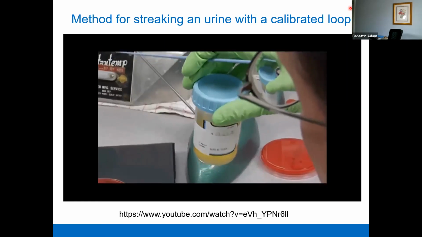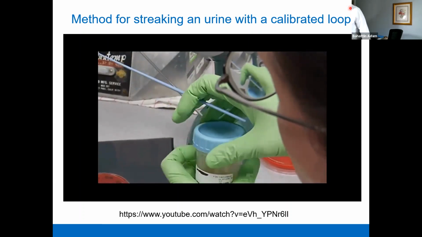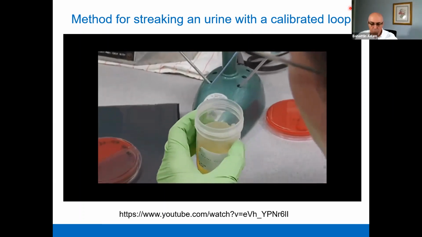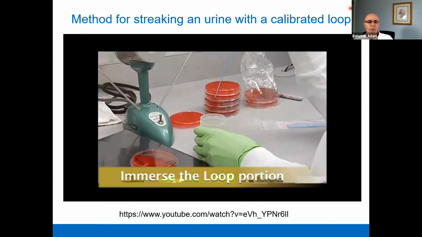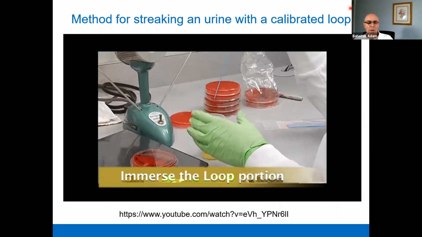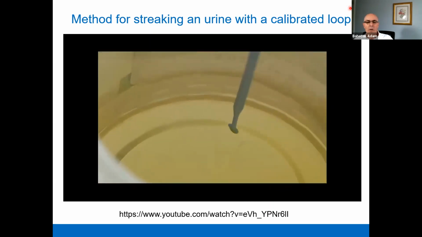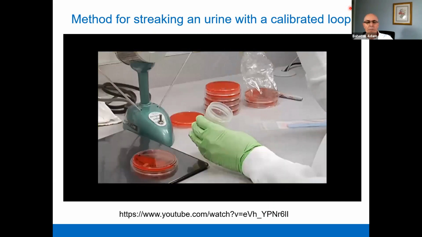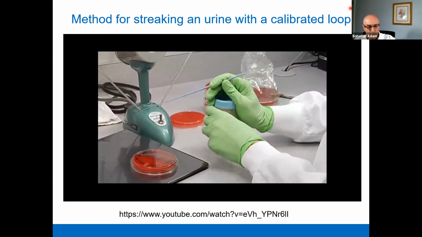And then mix your specimen well. Take the lid off, and then you just want to immerse the loop in the urine. You don't want to dip it all the way up here, because then urine will run down and you'll have more than the calibrated amount. So just stick it into the urine just like that. Bring it out, put your lid back on,